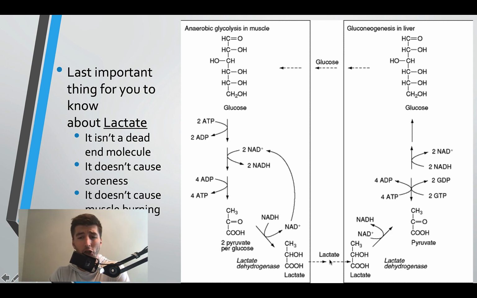Lactate will then get shuttled out of the muscle cell and into the bloodstream, and will flow to our liver. When it hits our liver, we can convert it back into glucose and then shuttle that glucose right back in. So we're literally taking a product and recycling and burning that fuel again. How cool is that? We're just recycling carbon skeletons so that we can continue to burn it. We're burning glucose, and then we're making glucose, and we're burning glucose, and then we're making glucose. It's a cool